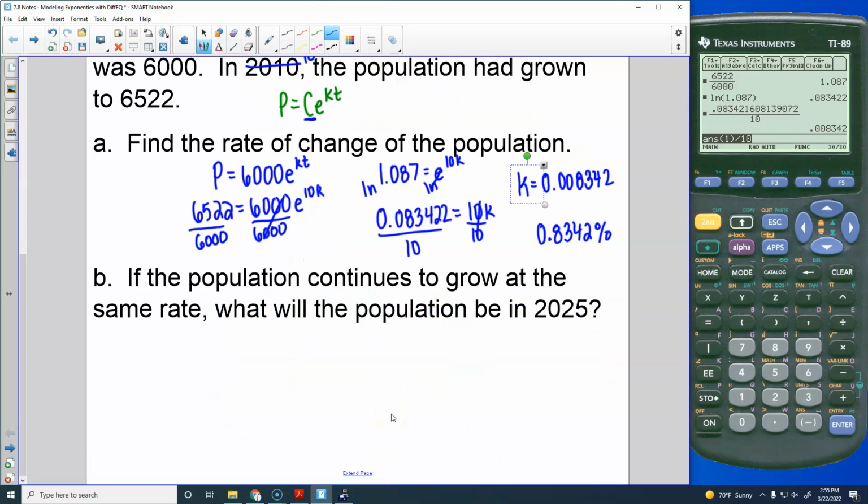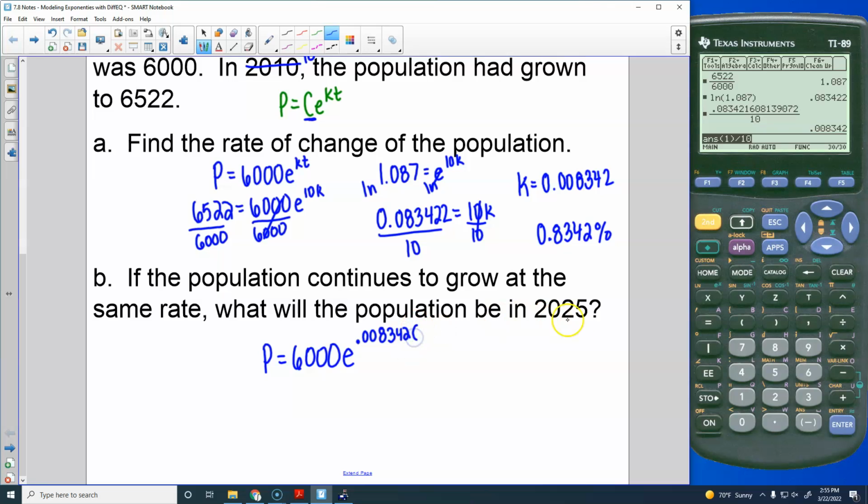Okay, so part B says if the population continues to grow at the same rate, what will the population be in 2025? So we're going to use our equation, P equals 6,000 e to the, use the actual K. I did change it to percent because we usually report growth and decay rates as percentages. But when you plug it into the equation, it needs to be the decimal. So 0.008342